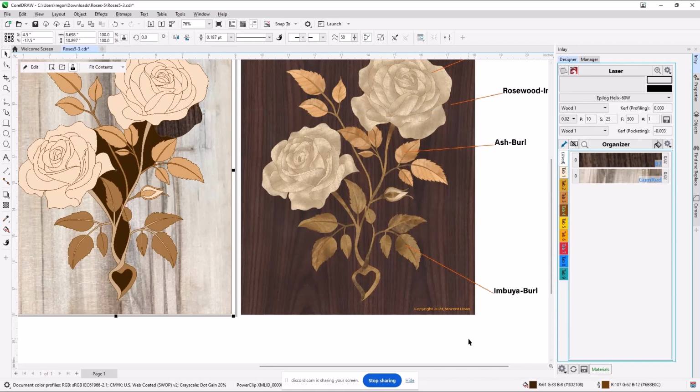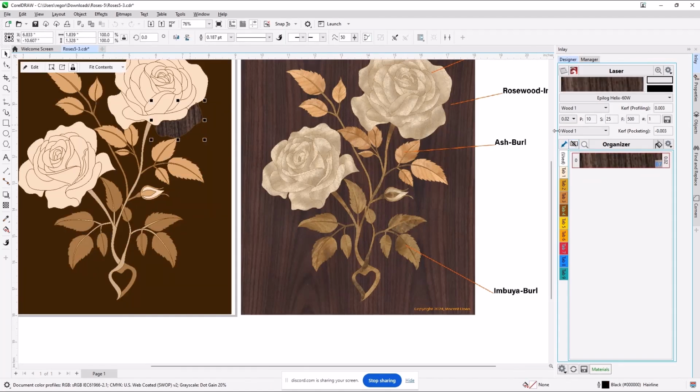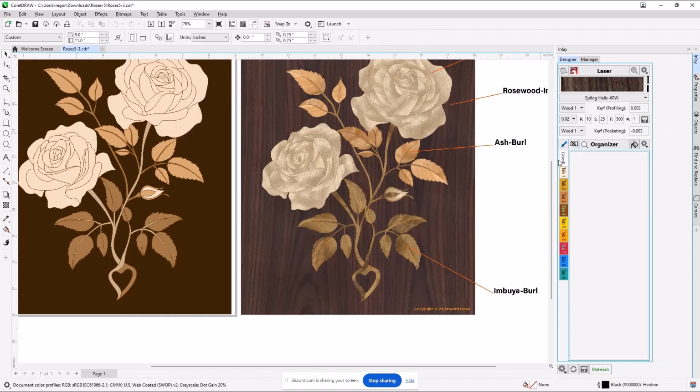But I'm going to get back to populating this with the right stuff. So first thing I'm going to do is, I have wood in here that doesn't belong. To get rid of it, I'm going to go down here, and this is the remove material from paths. That went away, and this one went away. So no longer do I have any of my materials being used in Vincent's picture, but we do have the small problem of how do we get to the images and the library and the pictures that were provided for this drawing. And that is through the library database manager down here, this icon.